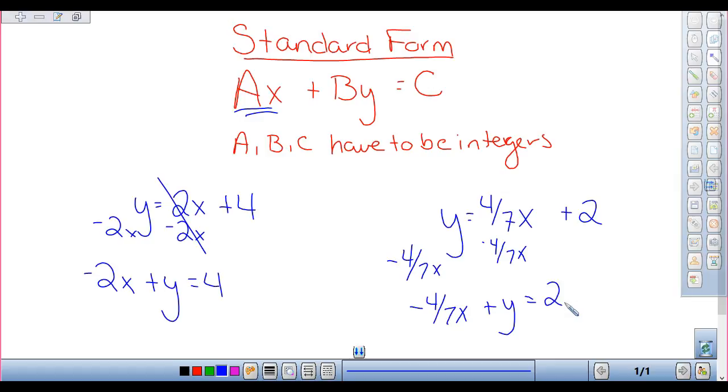Okay, but now I have a fraction. How can I get rid of a fraction? We're not going to divide anything. So what's my denominator of that fraction? 7. Okay, so what's going to happen is I'm going to multiply every single thing by 7, because that's going to get rid of my fraction. Because what happens with my 7s of my fraction? They cancel out, so I'm left with negative 4x plus